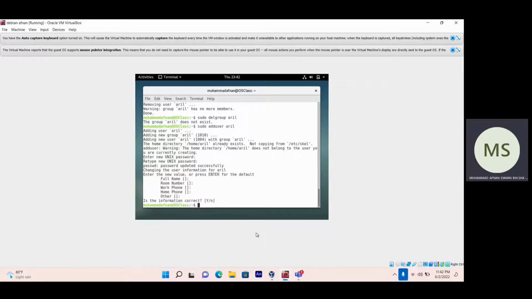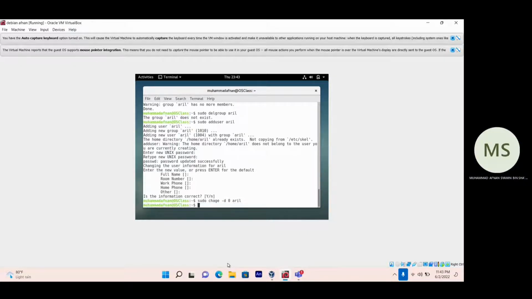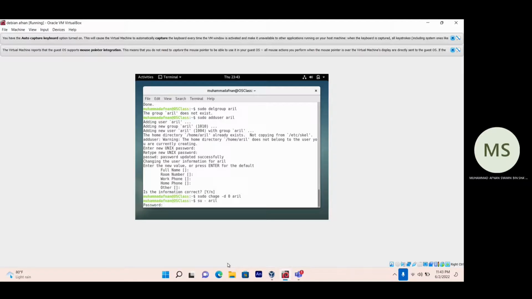And then question 3 wants us to modify the user account. The first question is the password for Ariel must be changed during first time login. The command is sudo passwd -d 0 Ariel, and su - Ariel. Password is